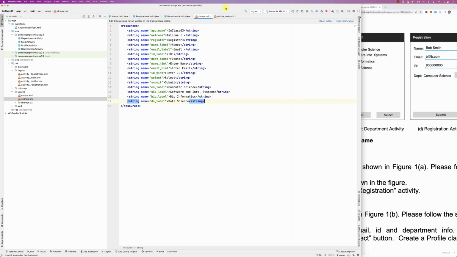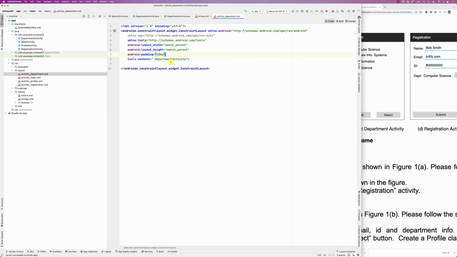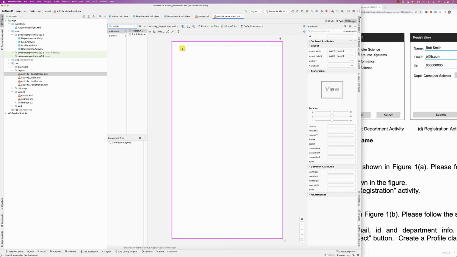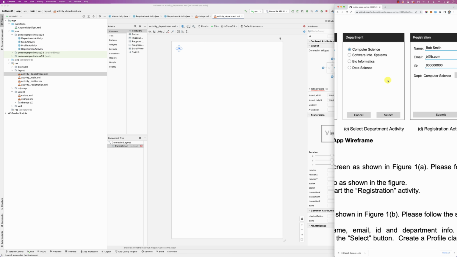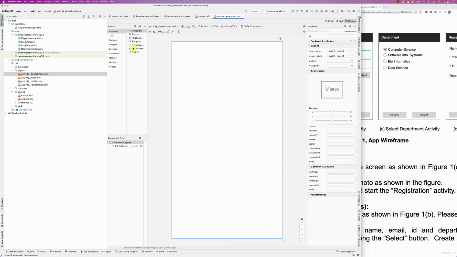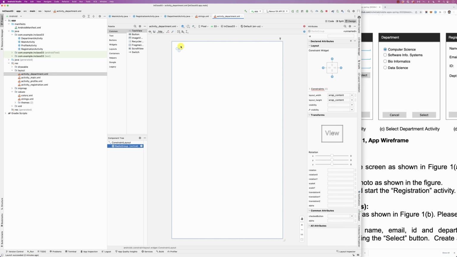We're good to go. We go back to the departments, and here's the design. We need a radio group. Here it is. This is the radio group. So basically we are trying to build something that looks like this, right? Here's the radio group, and let's add some constraints for the radio group. Here's 1, 2, and we can also add this to here. All right, so we can do something like that, or I don't need this constraint in general, but anyway,